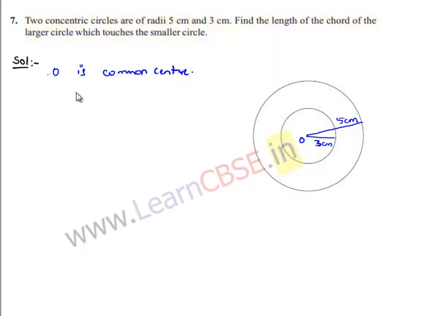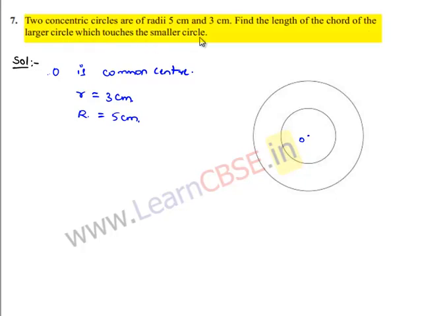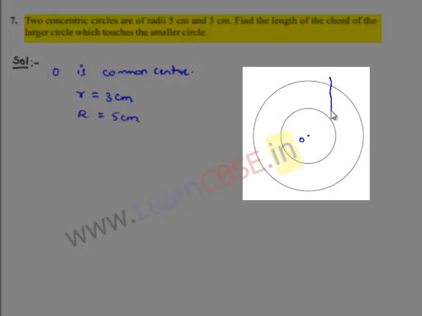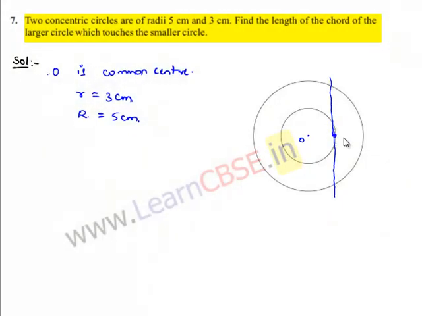The radius of the first concentric circle be r, which is equal to 3 centimeters, and let capital R be 5 centimeters, which is the radius of the larger one, as shown in the figure. Now let us consider only the center point O. He is asking the length of the chord of the larger circle which touches the smaller circle. That means the chord of the larger circle touching the smaller circle will be nothing but the tangent to the smaller circle. So let us draw the tangent to the smaller circle that passes through point P,